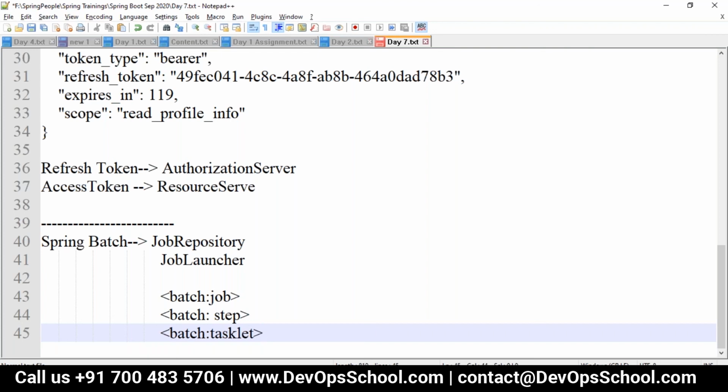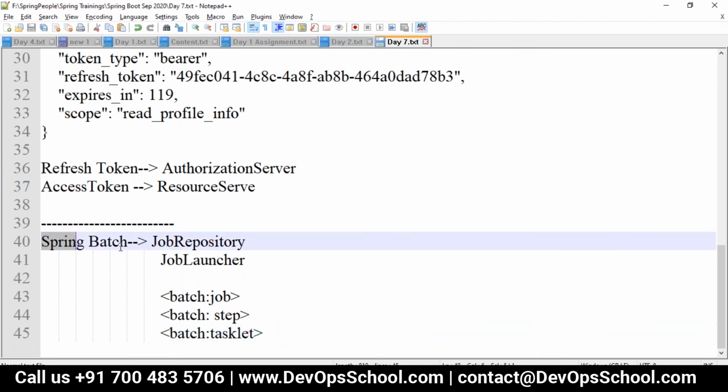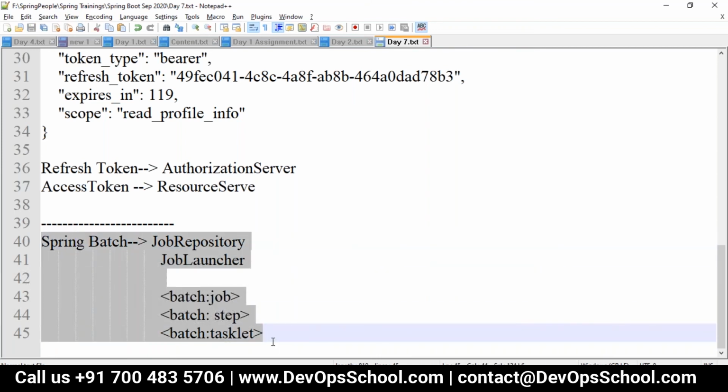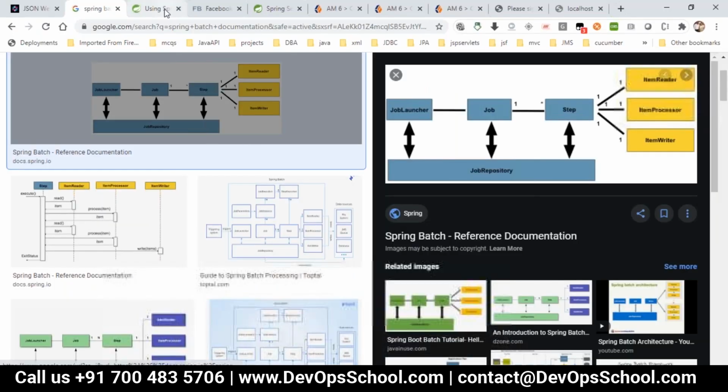So from the CSV file or whatever your source, from there it will be reading, and it will be given to whatever destination you have provided here. To work on that, we are going with Spring Batch. Basically, where you want to process multiple data or huge data, we go with Spring Batch here. So let me just take it here.